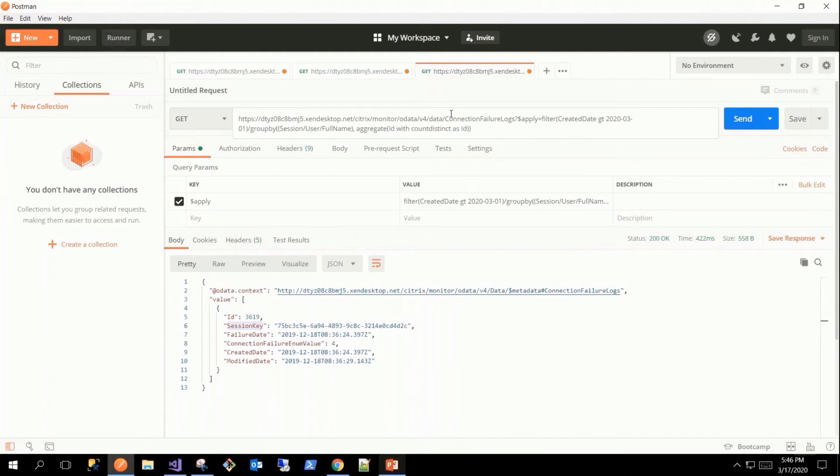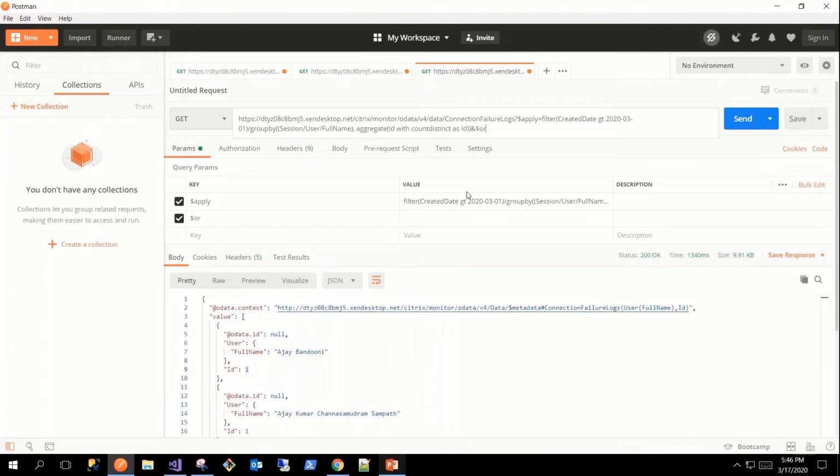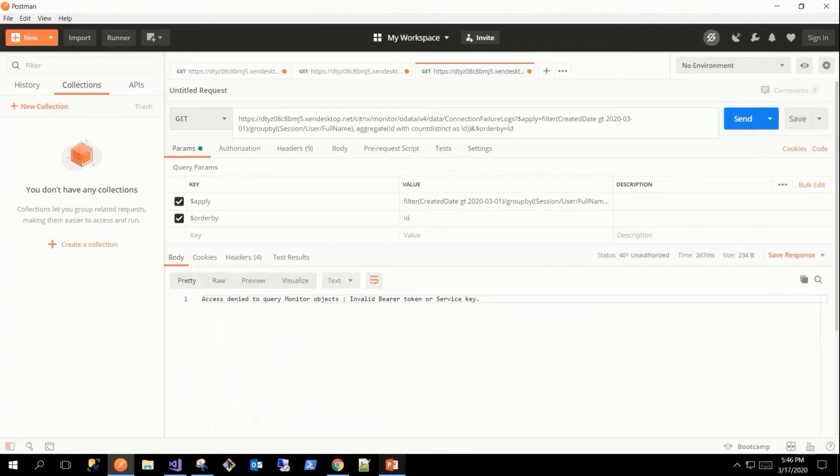So let's see what it gives. It gave, okay, Ajay has one failure in that particular given duration is what it means. But basically what we need is top failed users. So we'll just order by ID, which is the grouped. Okay.